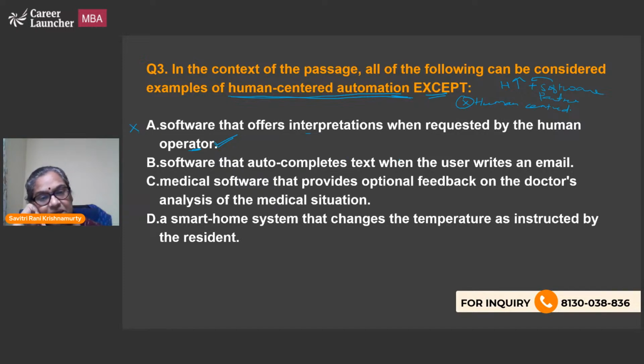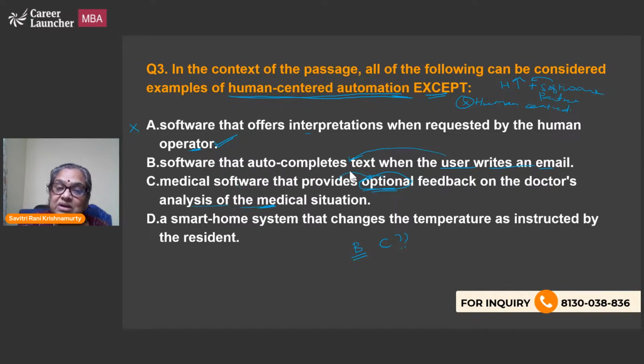Software that auto completes text when the user writes an email. Okay, the user writes, only then it auto corrects, right? So, but still, auto is there. Medical software that provides optional feedback on the doctor's analysis. But here is the doctor's role important. The doctor's already given feedback. Medical software, the doctor's already offered his analysis. This is providing feedback. The optional part is you can use the